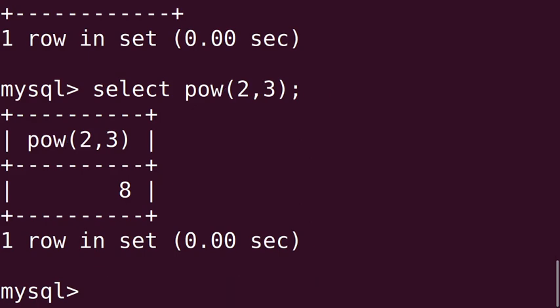Press enter, you will get the same output 8. With other number, if you want to try, once more you give here with pow 5 to the power 3, so you will get 125. 5 to the power 3, 125. You can check with your calculator also. Right? Now we will try for the next function.